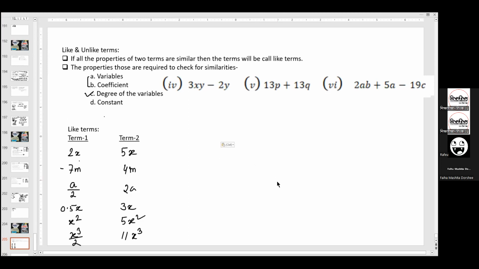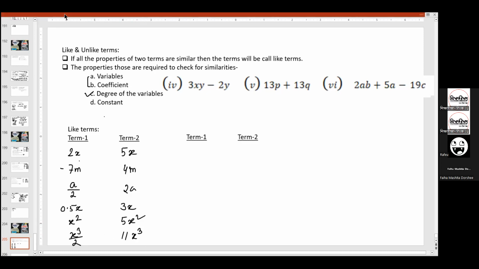Yes, sir. আমি আরো এক্সাম্পল দিব। So they are similar because in each case, if we just look, we just observe them, actually we can find that the terms, I mean the variables, are similar, and the degree of the variable must have to be similar, right? Degree have to be similar, right? So